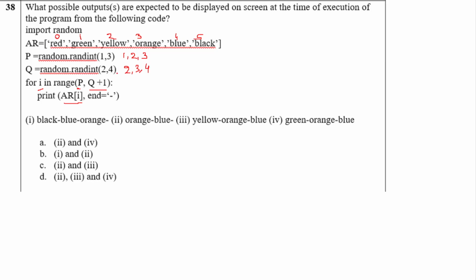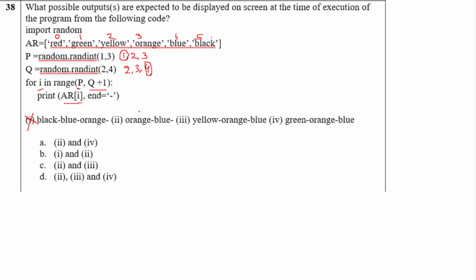We can see that the lowest value of P is 1, so red cannot come. In the same way, the highest value of Q is 4, therefore black cannot come. So that is why the first option is not possible.